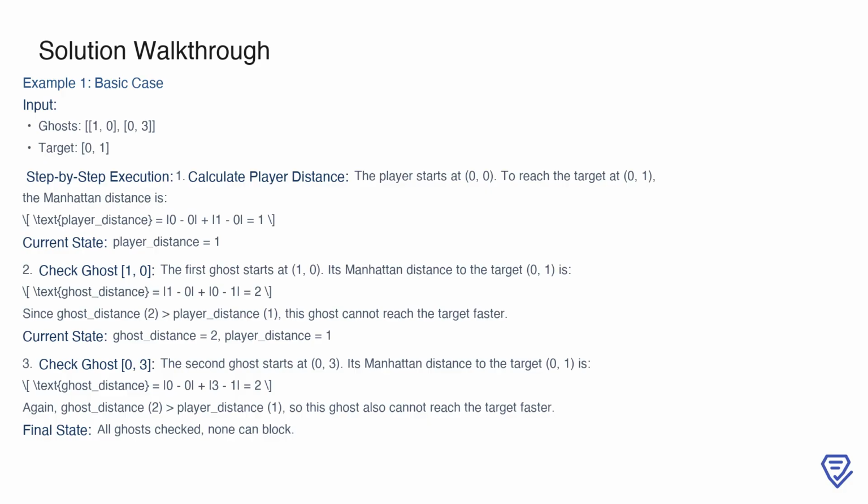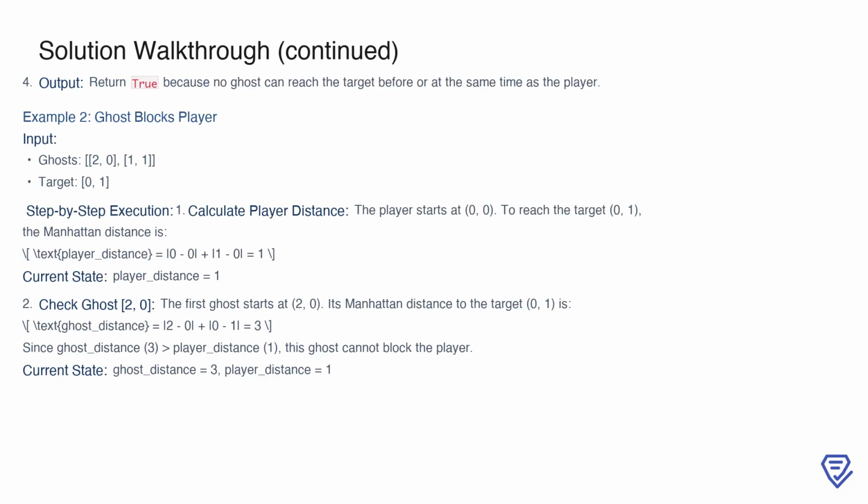This means neither ghost can reach the target before or at the same time as the player. Therefore, in this case, the player can safely reach the target without any interference from the ghosts. Based on the previous analysis, the output for the first example is true because none of the ghosts can block the player. Now, let's consider the second example, where the player starts at 0, 0, and the target is at